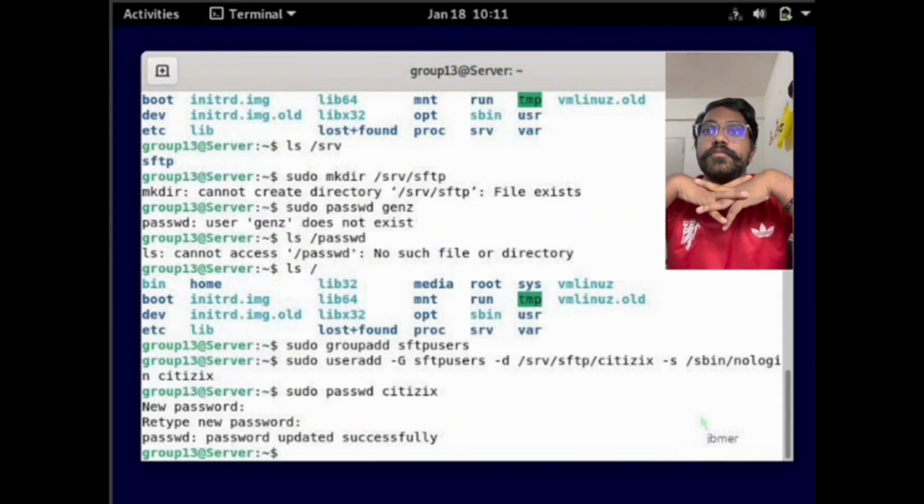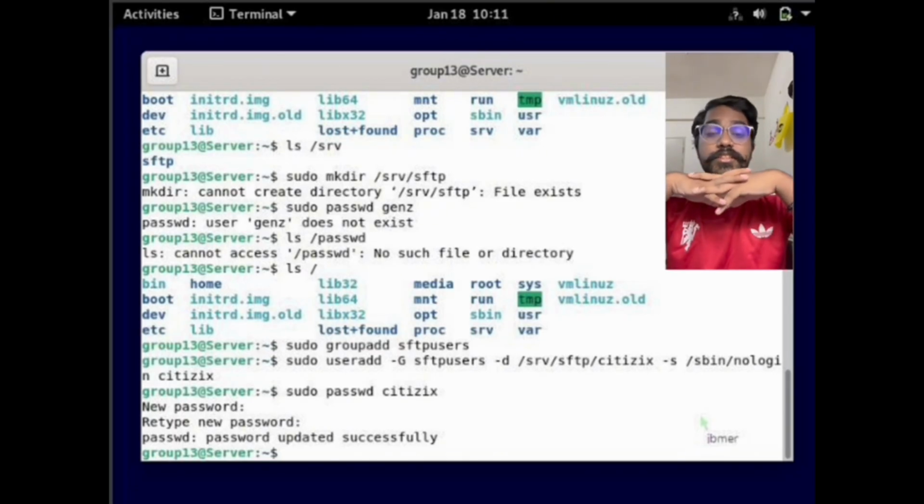So by that we successfully created it, and then we're going to add a group using sudo groupadd sftpusers. After we create a group for the sftp users, we're also going to add a user with sudo useradd